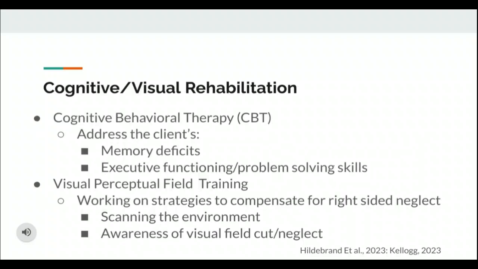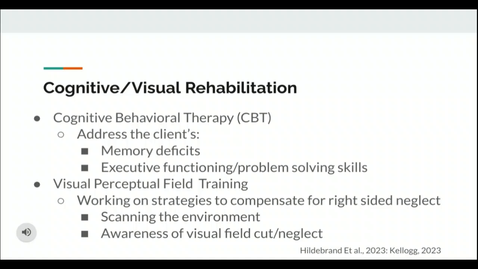When looking at cognitive rehabilitation, utilizing cognitive behavioral therapy may be effective for clients with left CVA. This is going to address the client's memory deficits as well as executive functioning problems and problem-solving skills. A good example of this is if you were to run into a client that is very pessimistic or negative, saying, I will never recover, I will never do this, I will never do that again. If you run into a client like that, you want to address why they are having those negative thoughts. What negative thoughts are they actually having? And what can we do as OTs to change those thoughts to make them a bit more optimistic